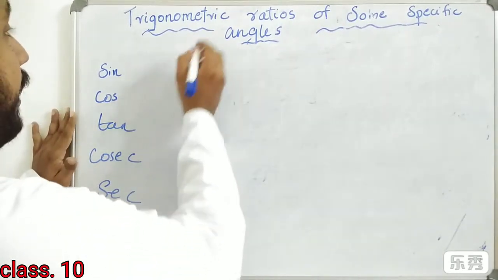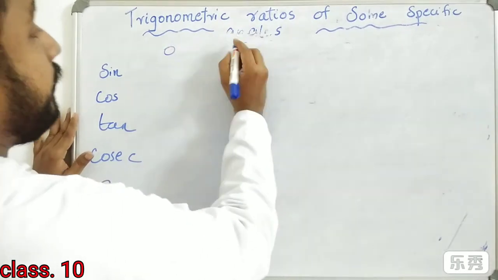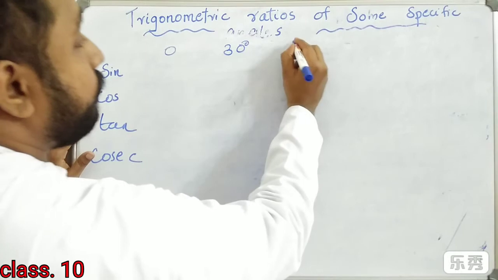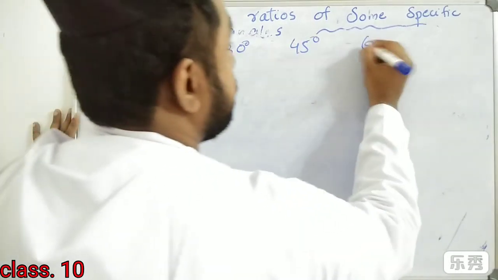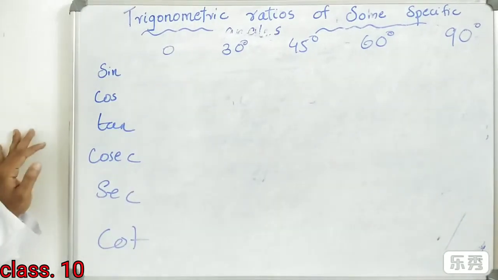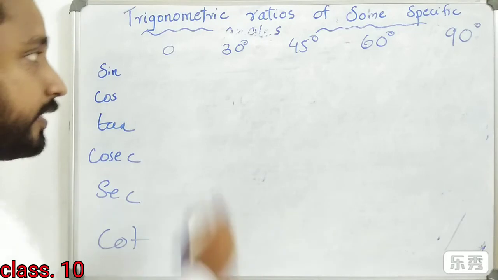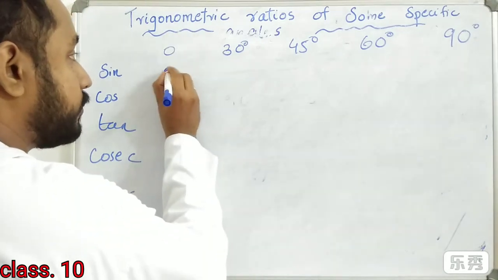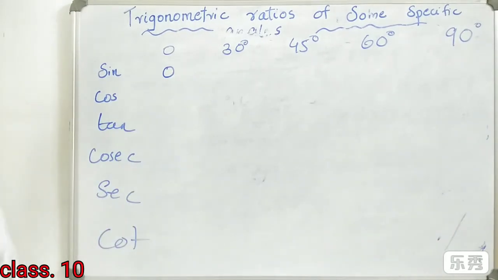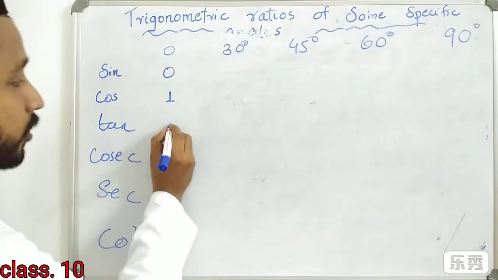And we have angle A as 0 degree, 30 degree, 45 degree, 60 degree and 90 degree. So we are going to write sin 0. Sin 0 we have studied. Sin 0 is 0. Cos 0 is 1. Tan 0 is also